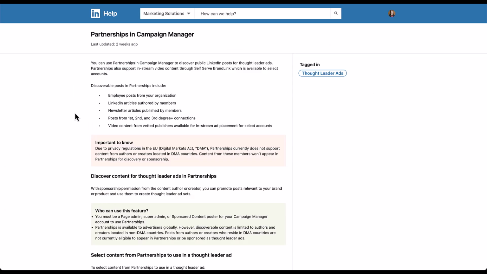Overall, I think these partnership creatives can be really useful depending on how you're able to leverage them in your account. You can see here that there are a few different types of discoverable posts in partnerships, whether they are employee posts from your organization, LinkedIn articles authored by members, newsletter articles, posts from first, second, third degree connections, or video content from vetted publishers available in the in-stream ad placement for select accounts. Now, as I showed you, we did have one video that was promoting an in-person event that a client utilized, but there's lots of different ways you can use all of these different types of posts to get users to